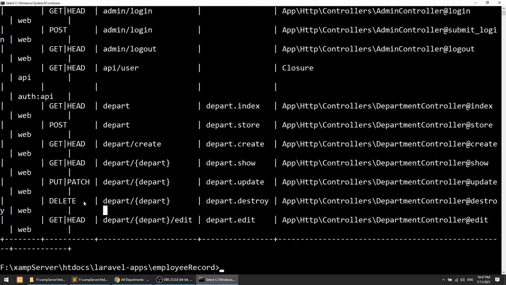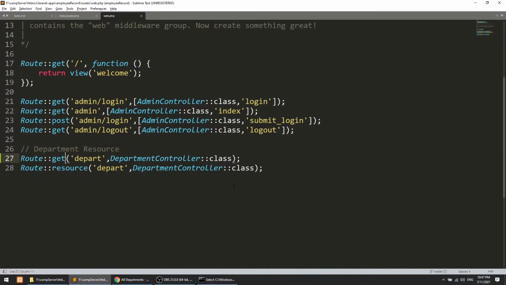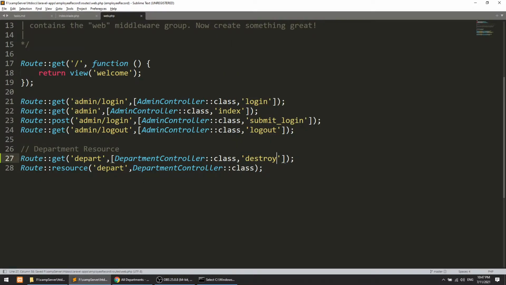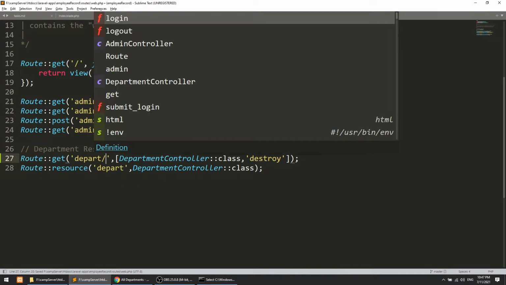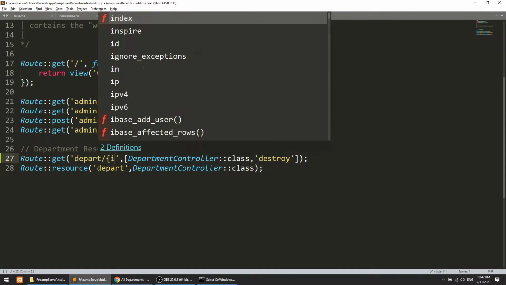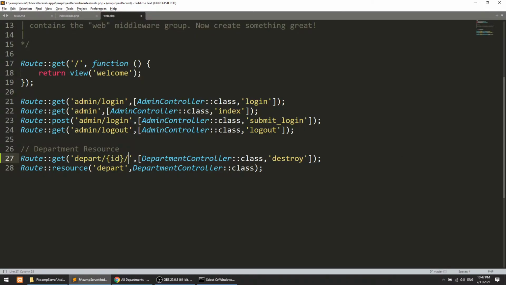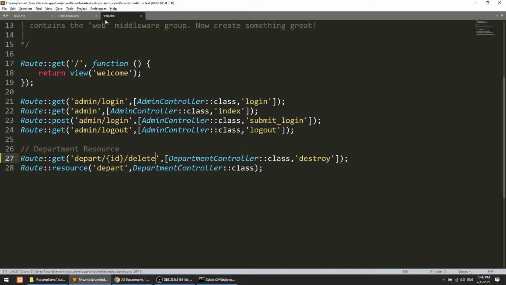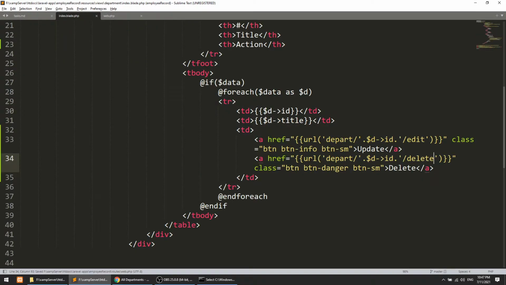This is not a wrong way, it is also a good way, but this is the easiest way. So I will define the department class, and in that class I will call the destroy method. Here I will pass the id, and then delete. Here you can see we have the same structure.